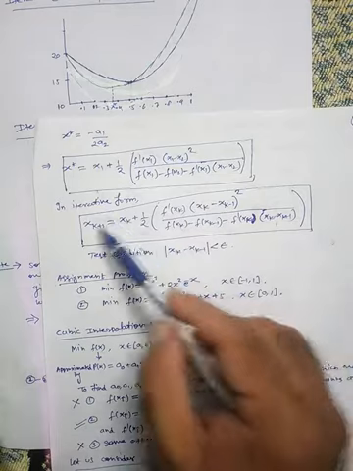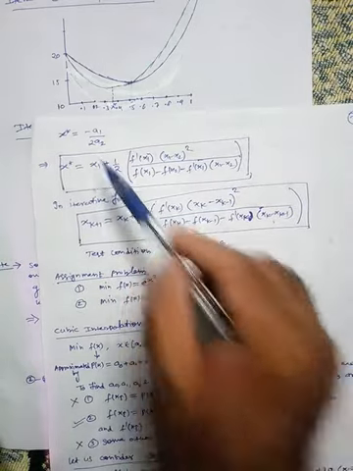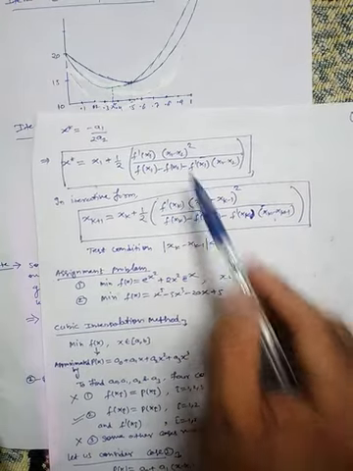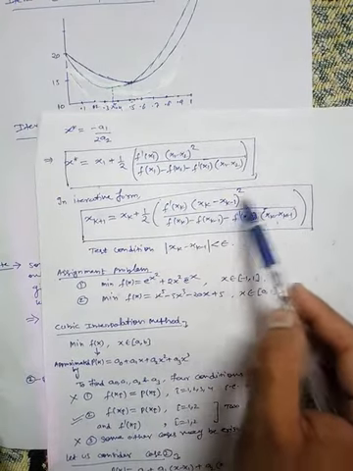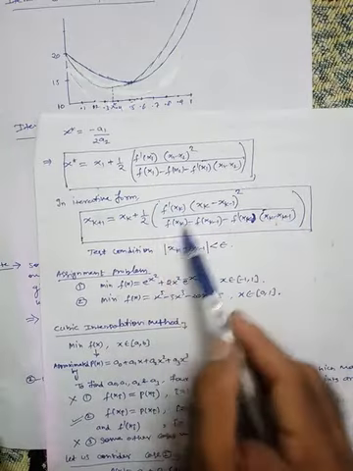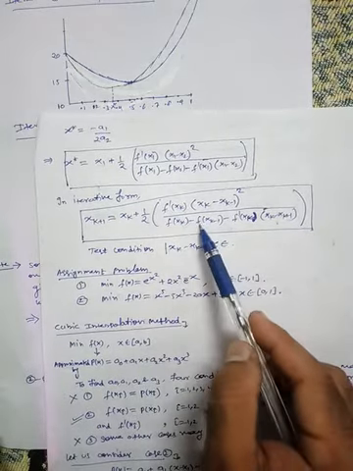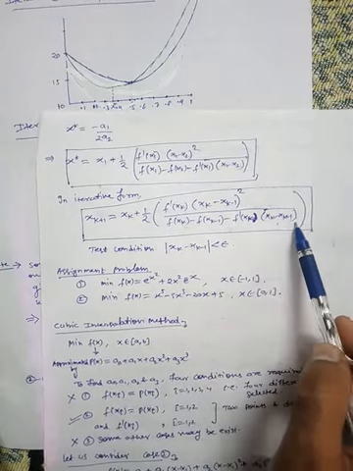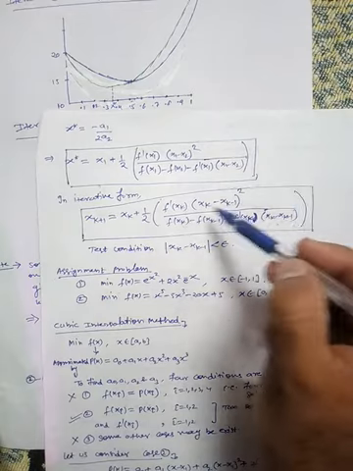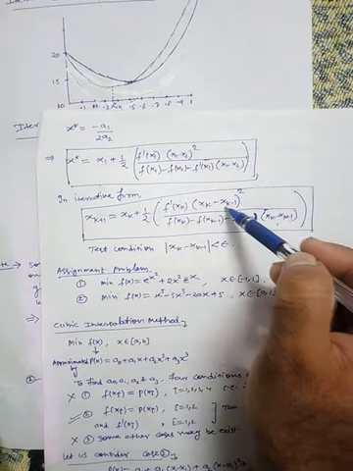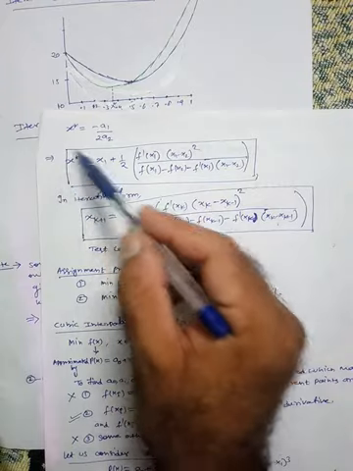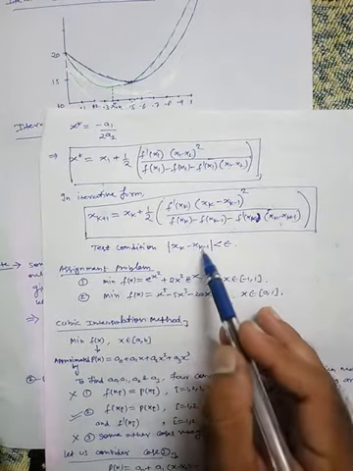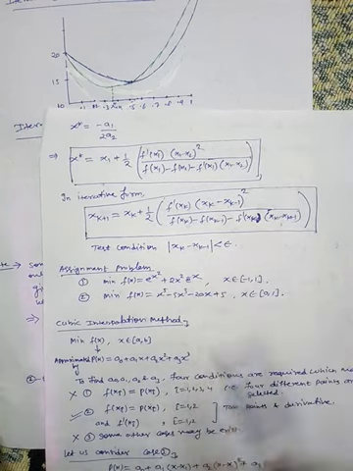So the formula will be xk plus 1 is equal to xk plus half, f dash xk into xk minus 1 whole square, divided by f of xk minus f of xk minus 1 minus f dash xk into xk minus 1. So x1 is replaced by xk, x2 is replaced by xk minus 1, and x star is replaced by xk plus 1, and the test condition is magnitude of xk plus 1 minus xk is less than epsilon. Okay, now this is the assignment.